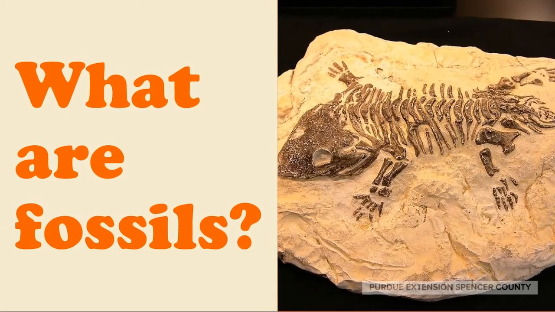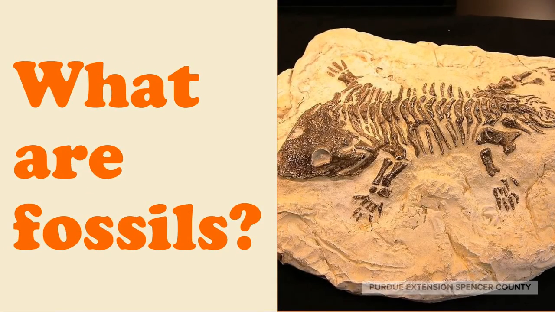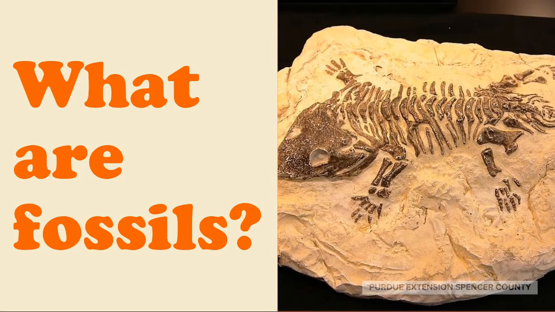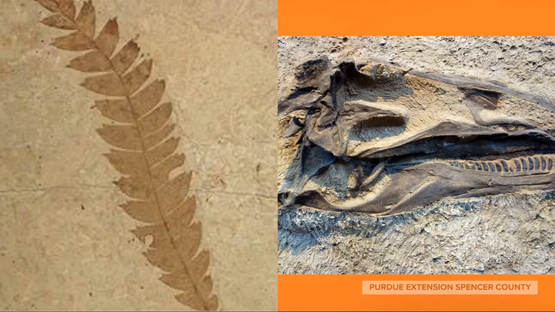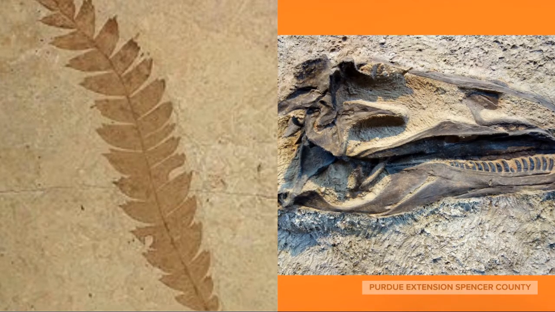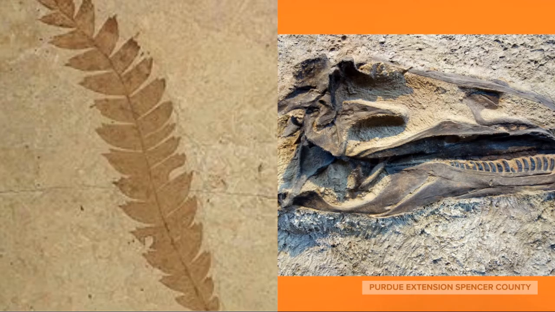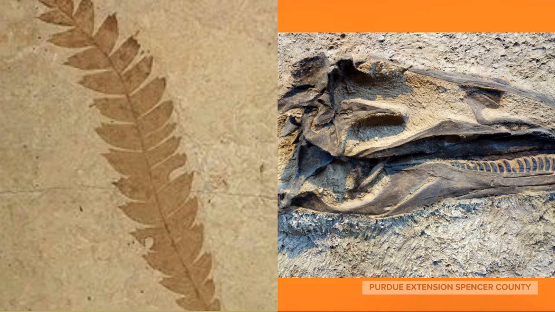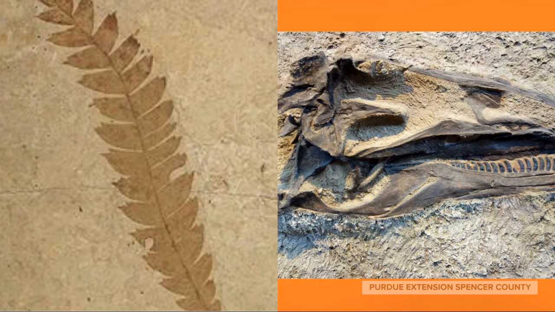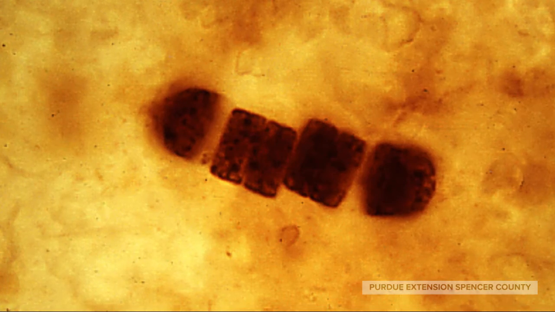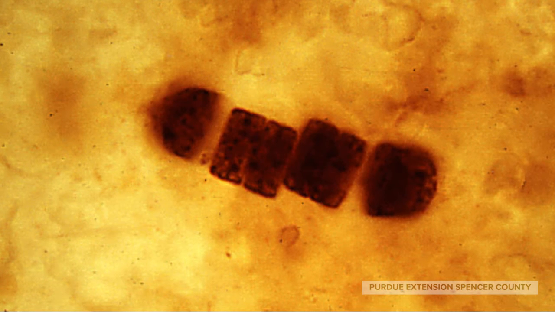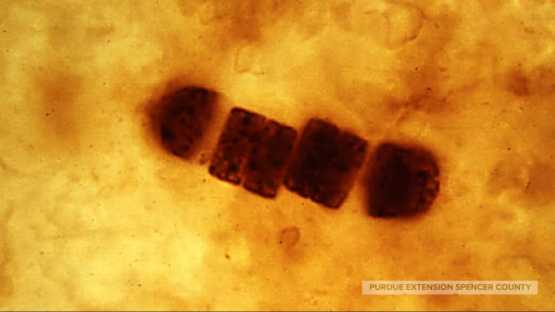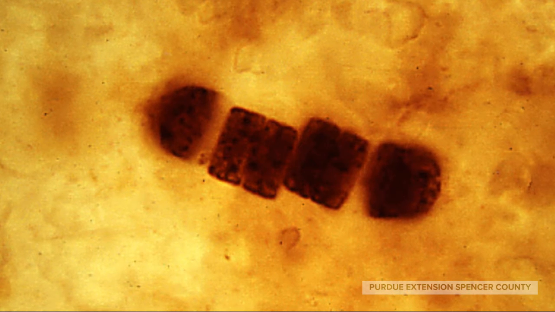Basically, fossils are the well-preserved remains of ancient life. They can be millions and even billions of years old. When most people think about fossils, they think about dinosaur bones like the picture on the right. But fossils can also be plant life and even billion-year-old bacteria. By using a microscope, scientists were able to identify this fossilized bacteria that they estimate is over 3.5 billion years